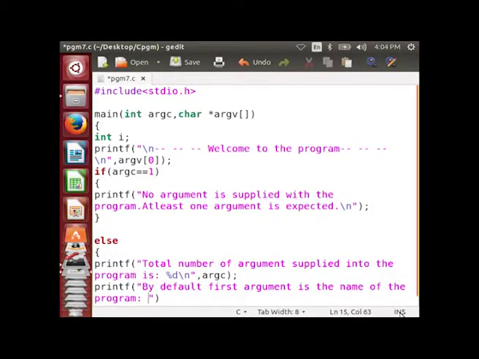Let me explain the program in detail. The command line argument programs are the best way when you want to control your program from outside instead of hard coding those values inside the code. The command line arguments are handled using the main function. The general syntax is main(int argc, char *argv[]). In this, the argument argc refers to the number of arguments passed and argv is a pointer array which points to each argument passed to the program.